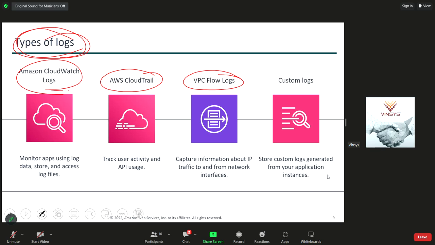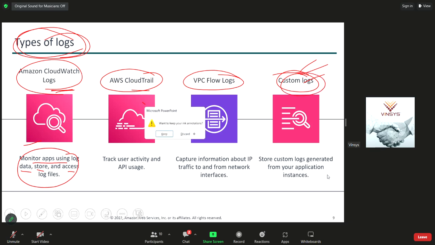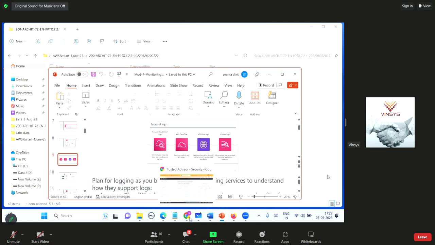What is the difference? CloudWatch logs monitor apps using the log data, and store and access the log files. I will show you this. Okay, CloudTrail logs. So let us see quickly the first three, and you are very free to create your own custom logs as well. Okay, so if your application needs some different monitoring, I will say ways, then you can create your own logs as well. Now let us quickly see this CloudWatch log. So if I just go to the CloudWatch service,